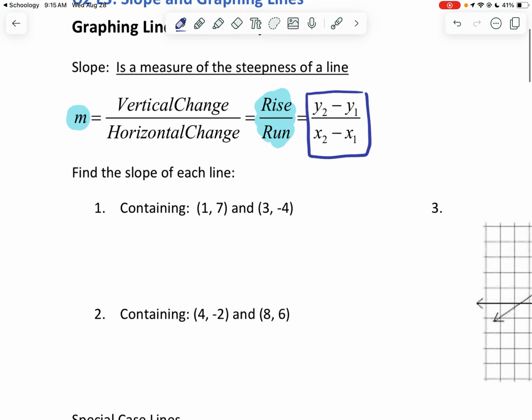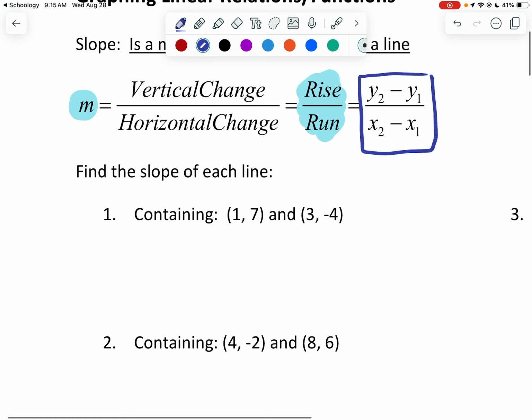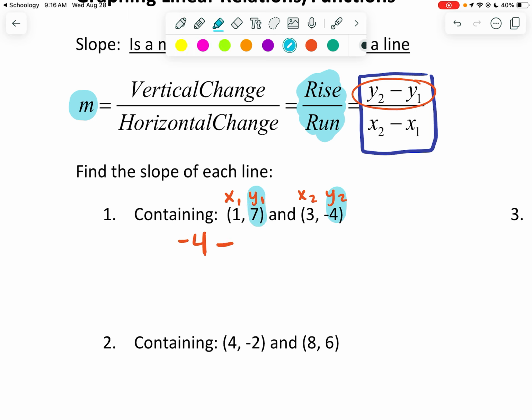So find the slope of each line. So we'll do this algebraically. So x always comes first, right? So if this is my first point, I can label this x1 and y1, and then x2 and y2. And then we want to subtract our y's, so I'm just going to follow this formula. So y2 said was -4. We always put a minus, and then y1 is 7